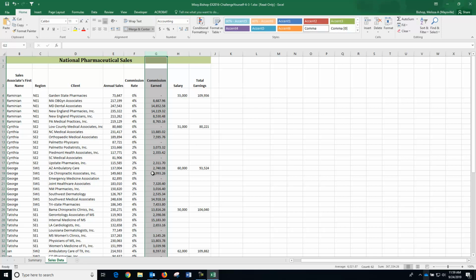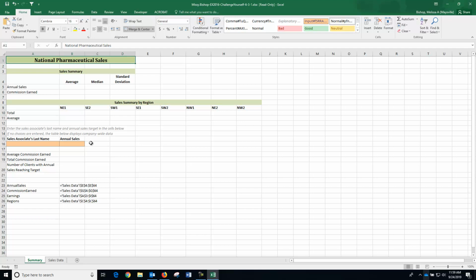All right, so now step 4. It wants us to switch over to the summary sheet. And so I'm going to click the summary tab. And it wants us to calculate the average and median sales commissions. So we have annual sales and commission earned, and we have columns for average, median, and standard deviation. All right, so to get started,